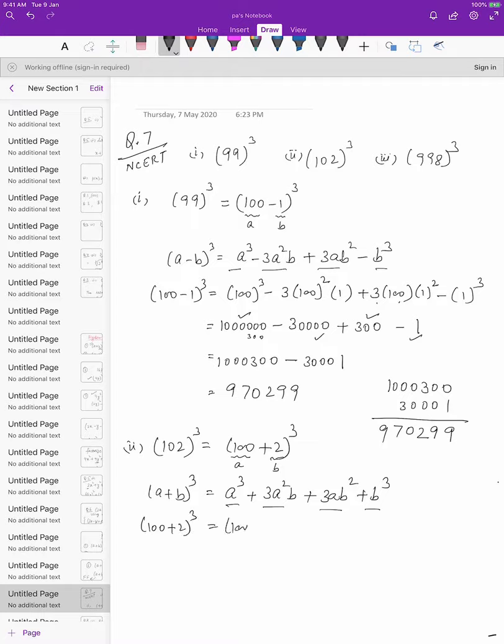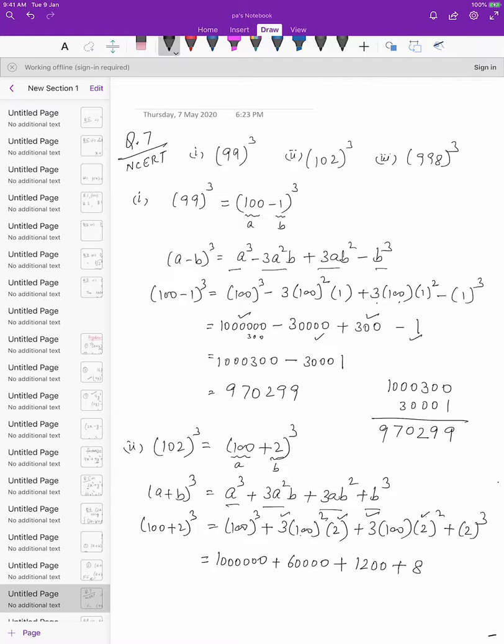That is equal to 100 whole cube plus 3 into 100 square into 2 plus 3 into 100 into 2 square plus 2 cube. Again, everywhere in place of A I have substituted 100, in place of B I have put 2. So this will become 1 followed by 6 zeros, plus 100 square is 10,000. 3 into 2 is 6, so it will become 60,000 plus 2 into 2 is 4, 4 into 3 is 12, 12 into 100 is 1200